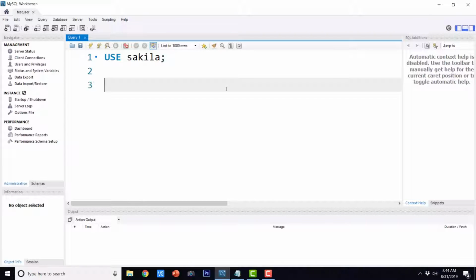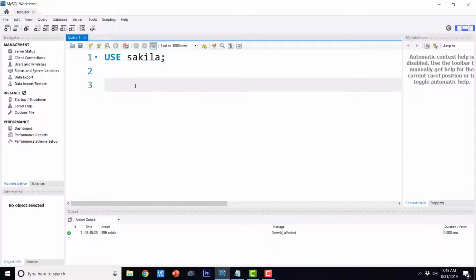In this video lecture, we are going to see an important concept known as the dual table in MySQL. Almost all the implementations of SQL will have some sort of dummy table. A dummy table is not a real table or a real object in the database. It just has a single row and single column from where you can retrieve dummy data. So let's get started with this.